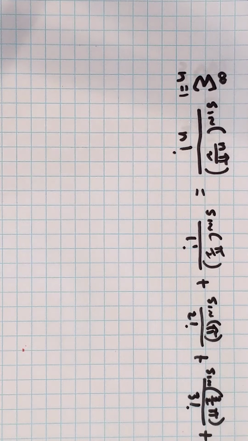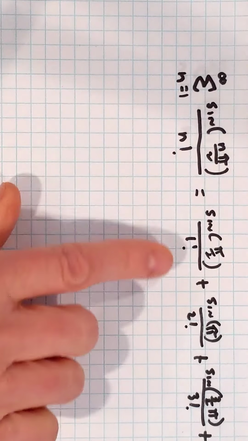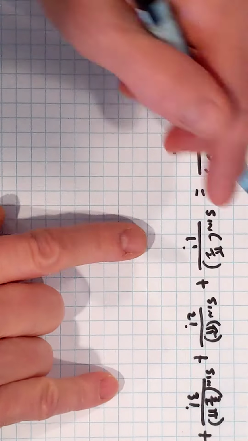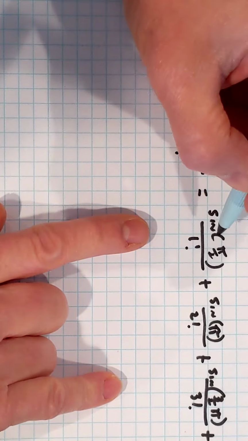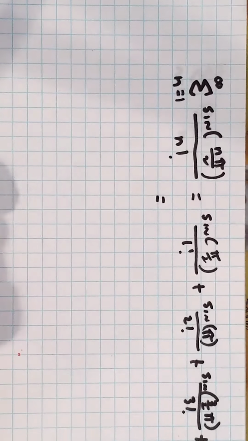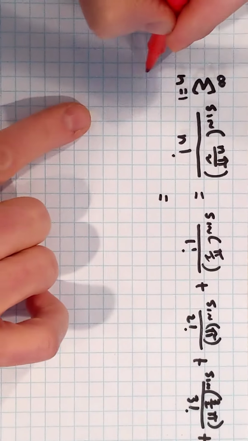I'm writing this out because I want to see what's going on. And of course, if these values, each one of them gets bigger, I can conclude it diverges, and I can do that by the nth term test. But what I get is the following. Now, remember I'm doing trig, so